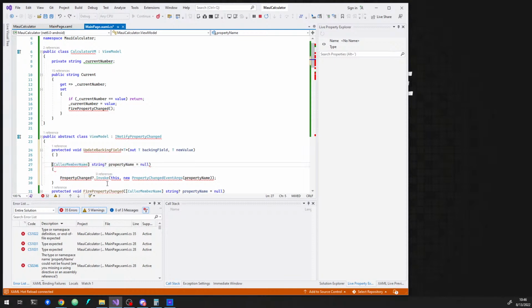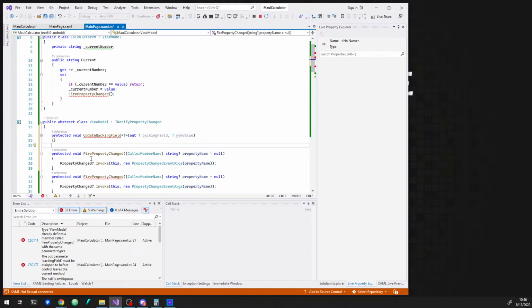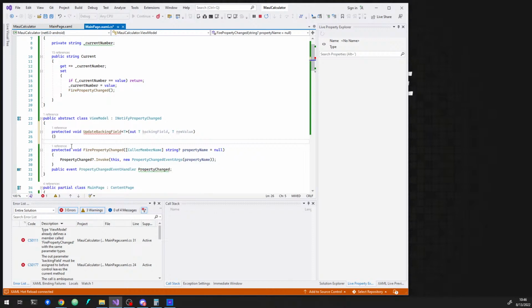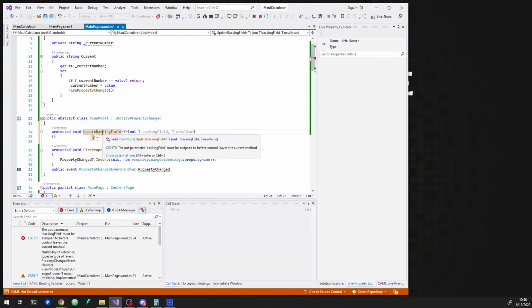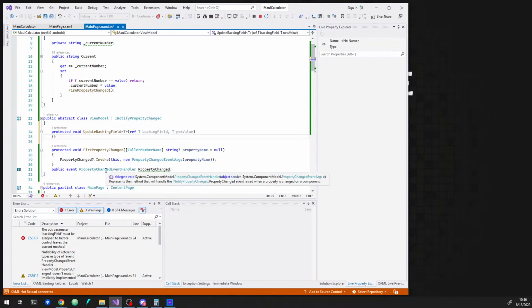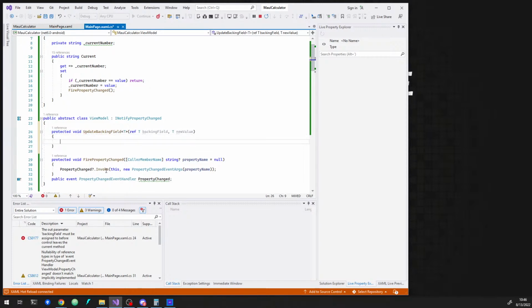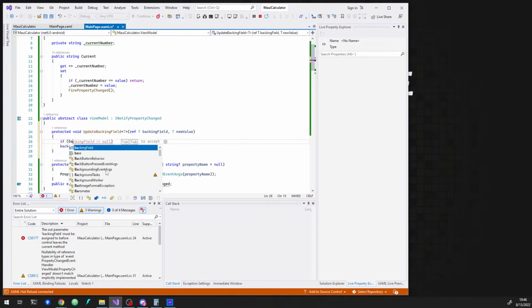Oh, okay. I already have that, I guess. It's not out, it's ref. Sorry, I don't know what I was thinking there. But now what we can do is we can say backing field equals new value, if backing field